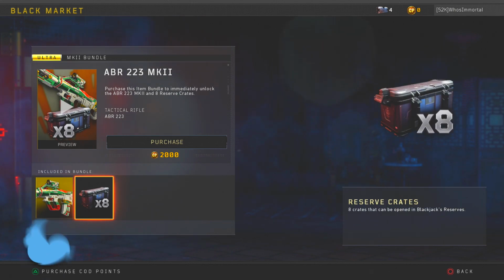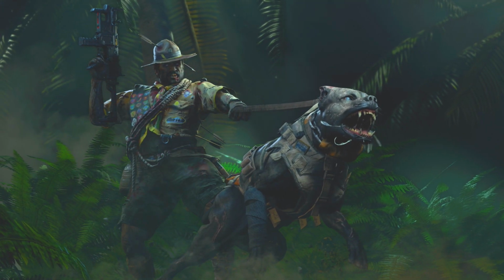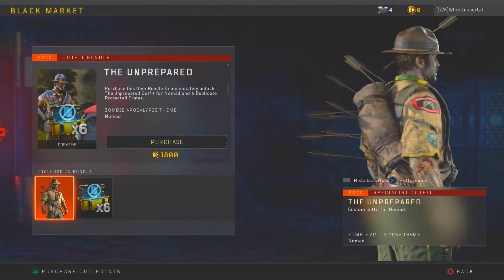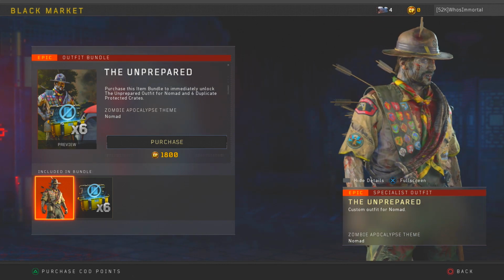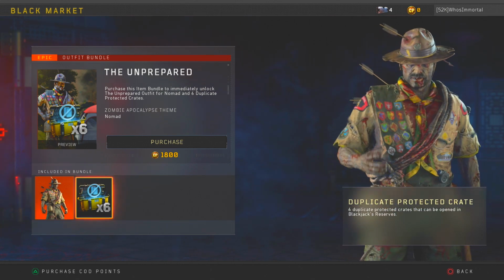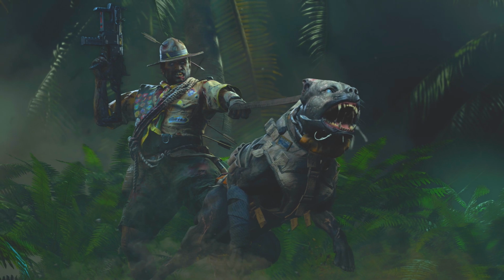Then we also see that we have the Unprepared Zombie Apocalypse outfit for Nomad, which I love that name, by the way. It fits perfectly with that skin. And we did actually end up seeing this in the original Apocalypse Z trailer. And this outfit is going to come bundled with 6 duplicate protected reserve crates, so you will end up getting 18 guaranteed new items out of those drops. But because of that fact, this outfit is going to cost 1,800 COD points or $18,